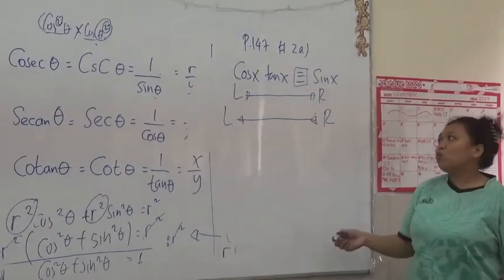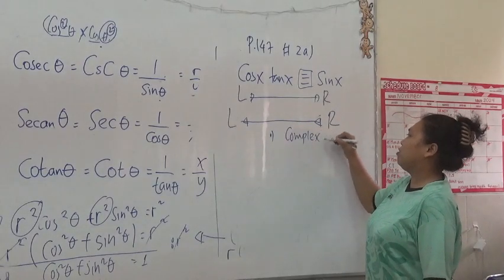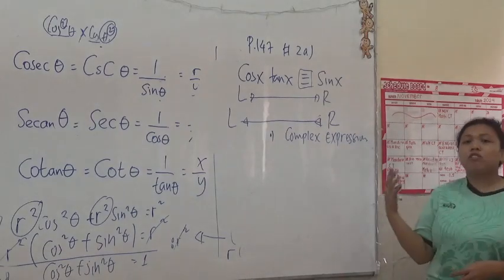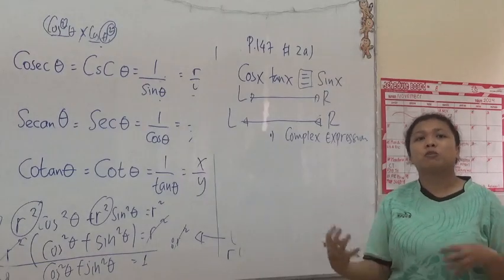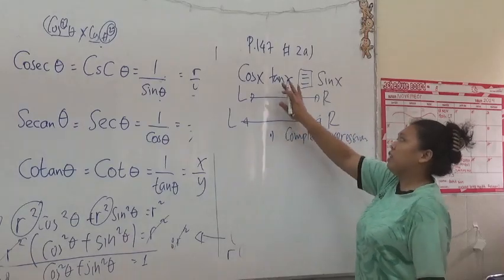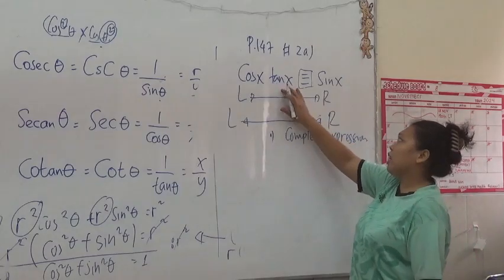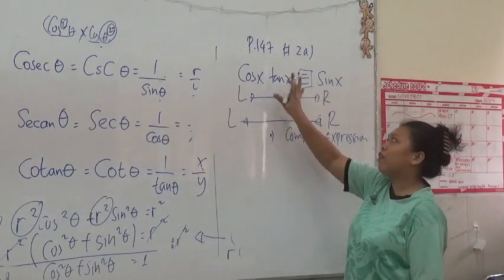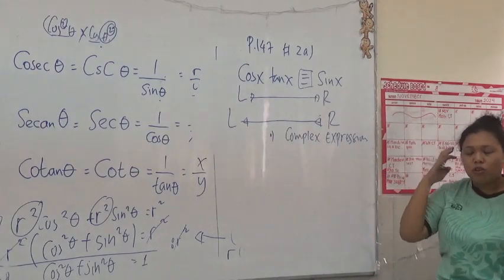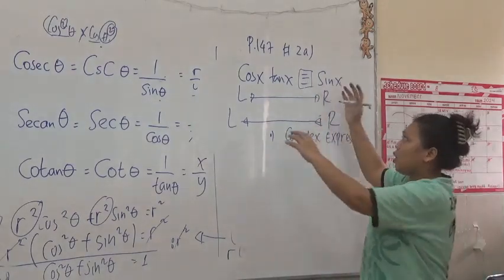So the method to solve is, for me, I will just pick the complex expression. So what you need to do is to rearrange the expression from the complex one to the simple one. It will be much better. Okay, check. So from this expression, cos x tangent x equals to sine x, what I need to pick is the complex one. I will pick cos x tangent x, I need to prove the left side equals to sine x. Okay, so what you need to do first is just to keep it in your mind that you don't know that these two are equal because you are proving. You just say, okay, they are equal, but I need to prove it.